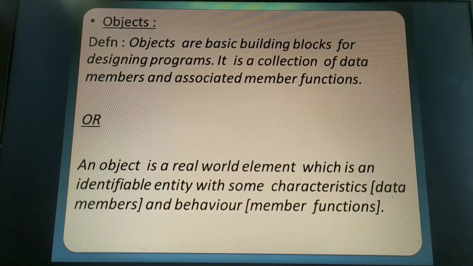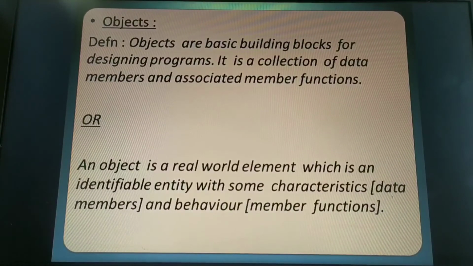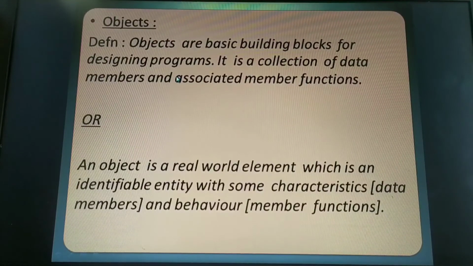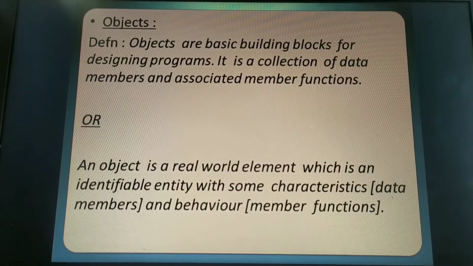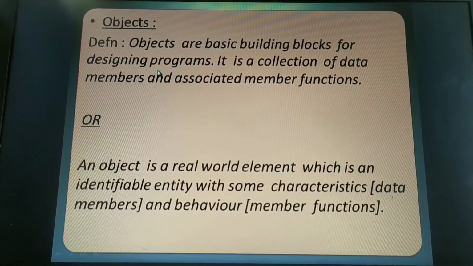Then what are the behaviors of a student? He can write and he can read. These are the behaviors that a student exhibits. Then I can say that a student is an object. Fine. So that is why, in object oriented programming languages, the major advantage of using OOPS concepts is that they can implement applications or software in real time. Hence the OOPS concepts have become very popular and widely accepted by all the programming languages.